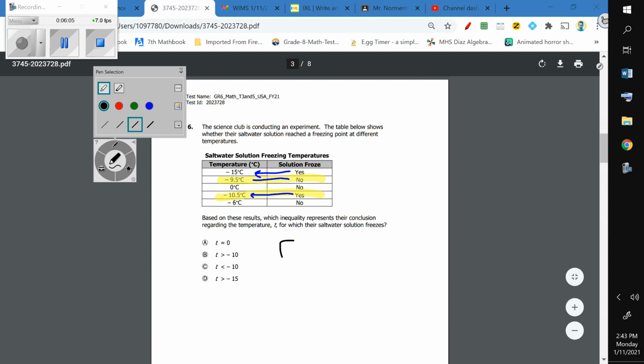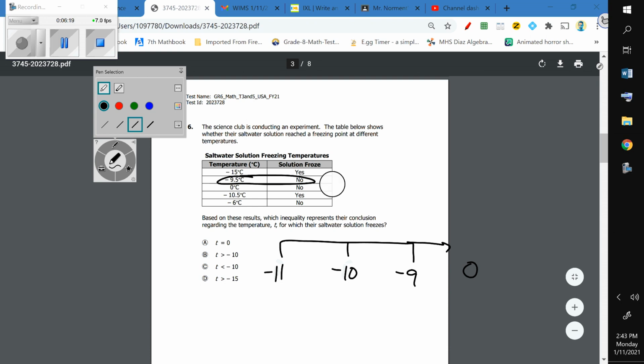So think of a number line. This should make it make a lot more sense to you. And this is going all the way to 0, right? So when the temperature, let me do it this way. This is probably going to make more sense. Let me circle. No, I want to switch. Negative 9.5, which is right in between negative 9 and negative 10. This is negative 9.5. And this is not